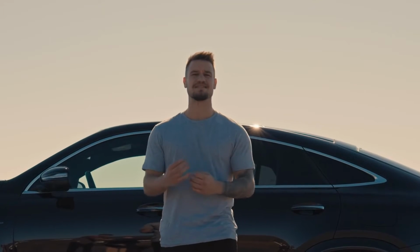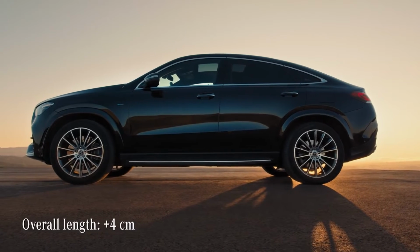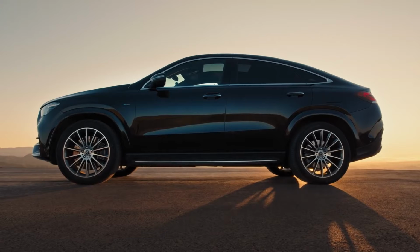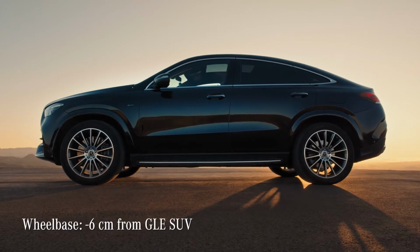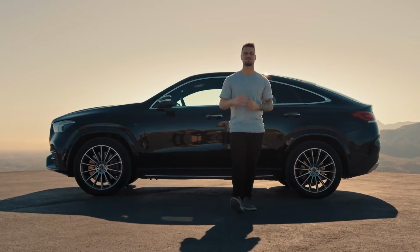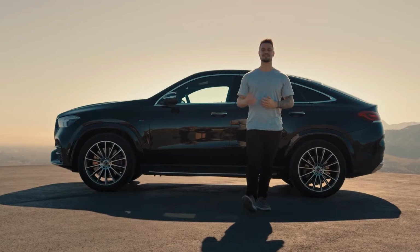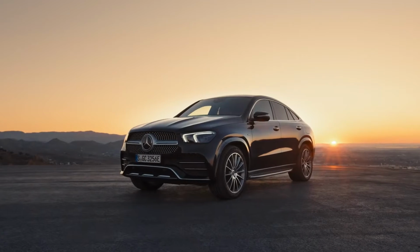Taking a step back, Mercedes have stretched the new GLE Coupé by 4 centimeters compared to its predecessor, resulting in even more elegance and space at the same time. However, the wheelbase is 6 centimeters shorter than a regular GLE SUV, improving the driving performance. The car has better aerodynamics now. Its drag coefficient is 9% less than before, meaning a reduction in drag, better fuel consumption as it cuts through